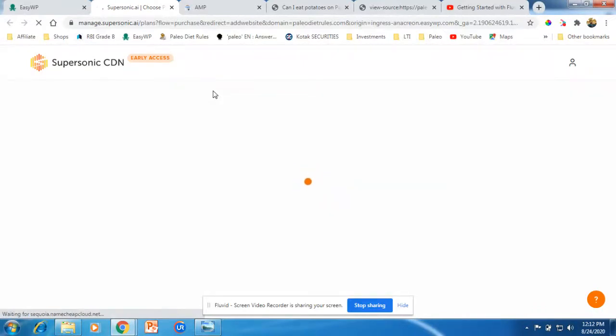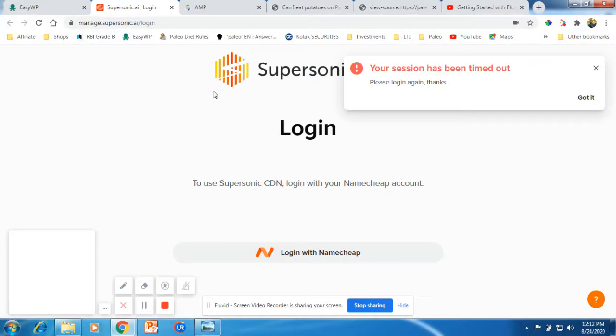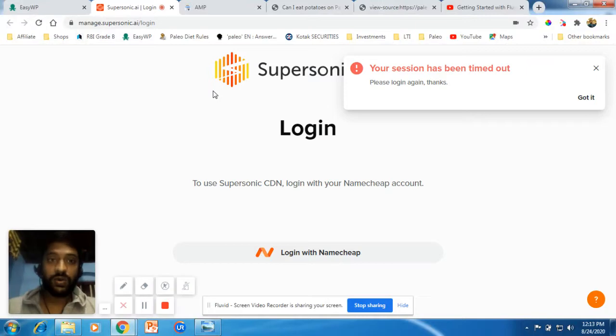If you can disable the CDN service, that is the best thing that you can do. Or if you are not comfortable removing your CDN, the only option you might have is to change your CDN provider.